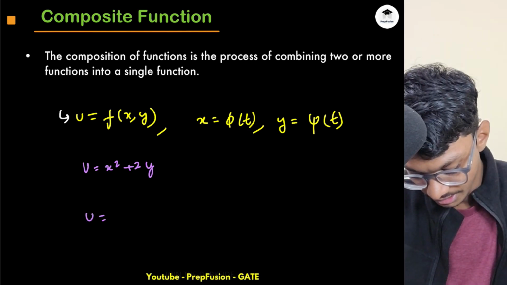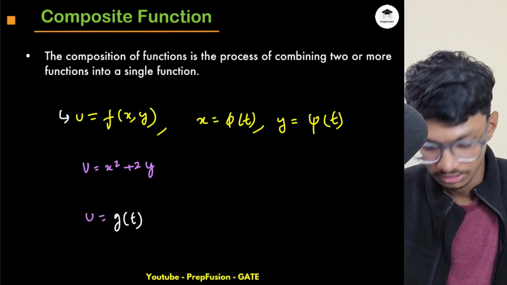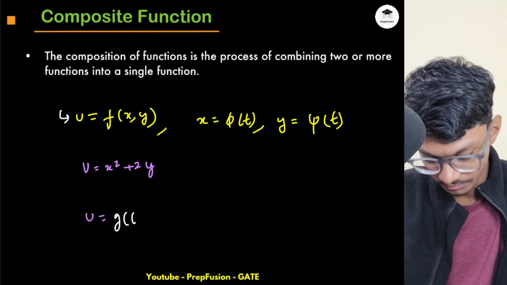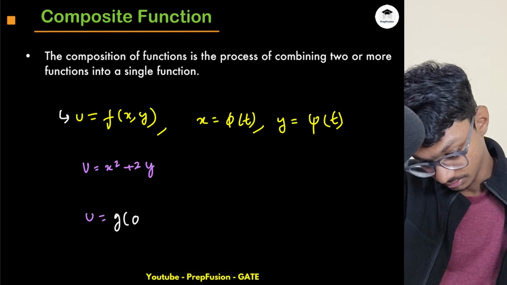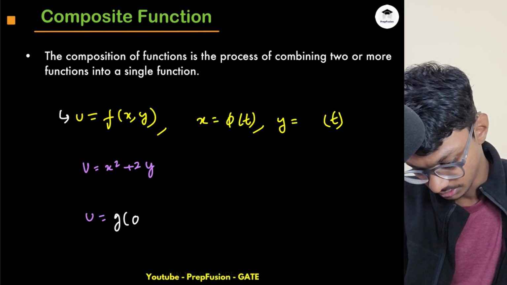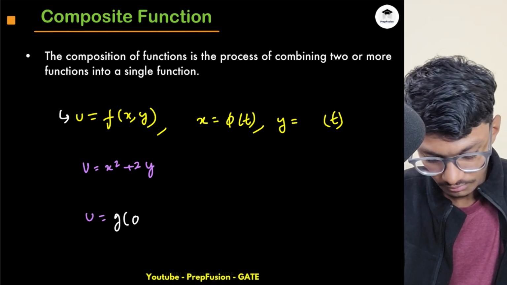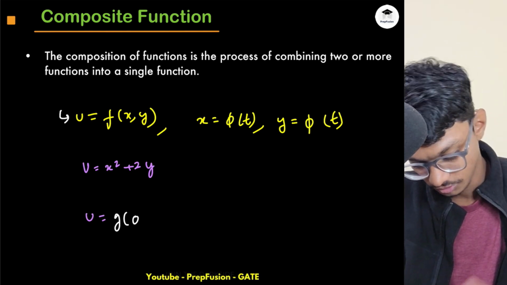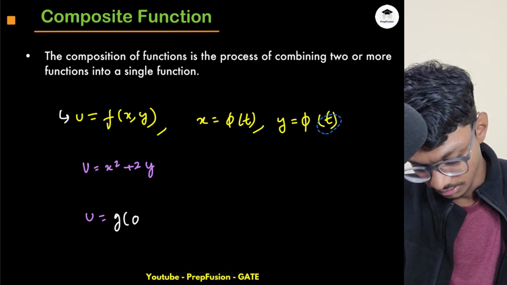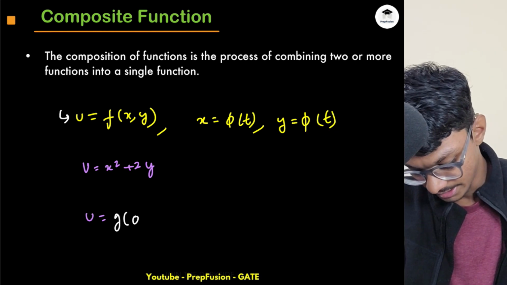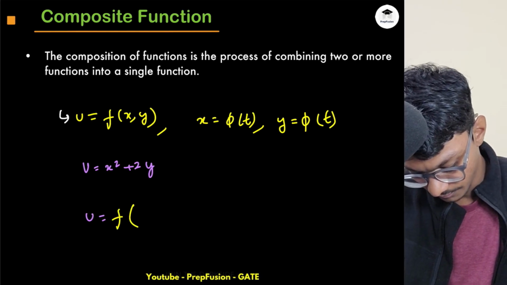u can be written like a function of t as well, right? I'm sorry, I should write this like this. This is a phi of t only. So x and y both are functions of t itself. So I can write my u as, just hold on a second, this is f only, right, as a function of